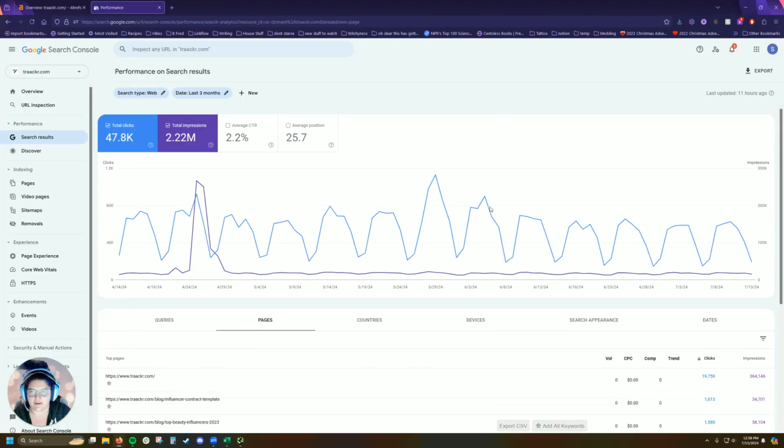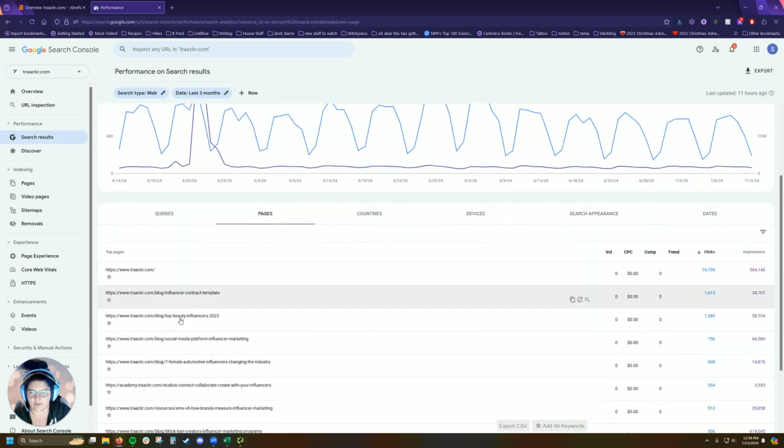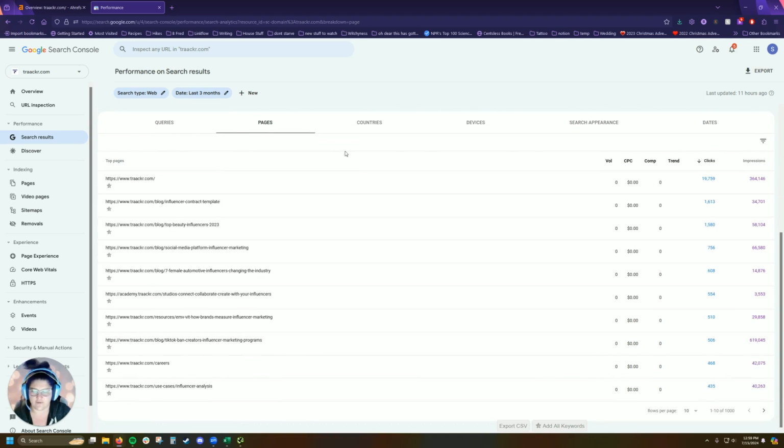This doesn't always happen. But yeah, so I've also got the Google Search Console for Tracker open here, and we're going to export 3 months of click and impression data. I really am only caring about pages still. We're not on the keyword side of things yet. We have to get all of our pages in a row so that we can then look at them as a whole, group them together into clusters and sections of the website, and start assigning keywords based on intent, volume,